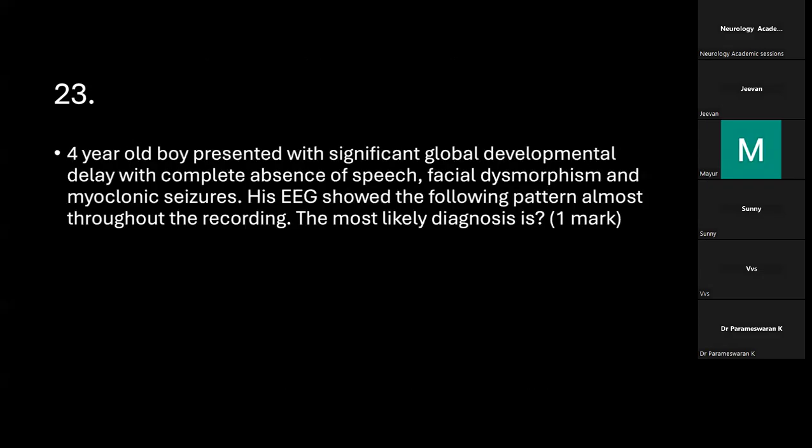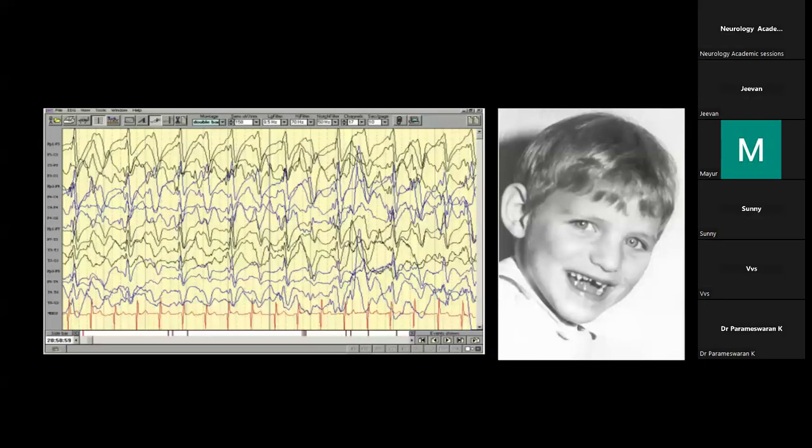Number 23, a 4-year-old boy presented with significant global developmental delay with complete absence of speech, facial dysmorphism, and myoclonic seizures. His EEG showed the following pattern throughout the recording. The most likely diagnosis is